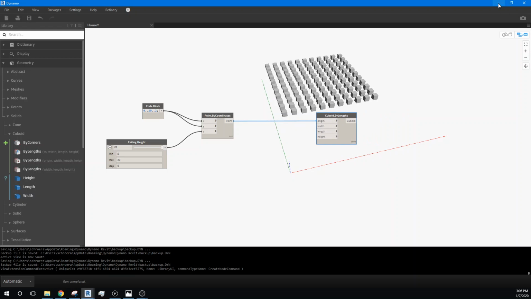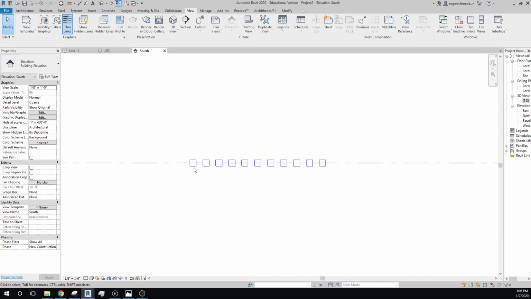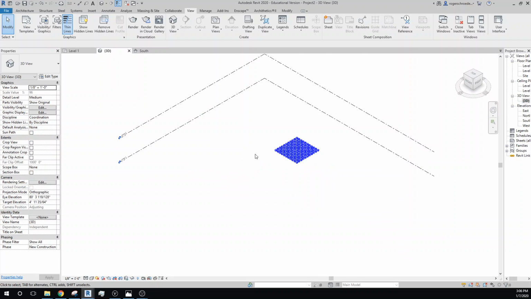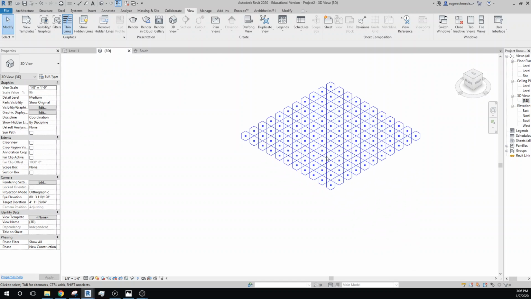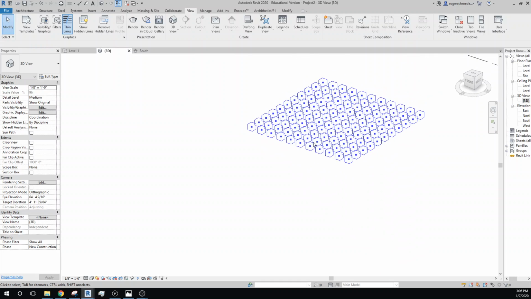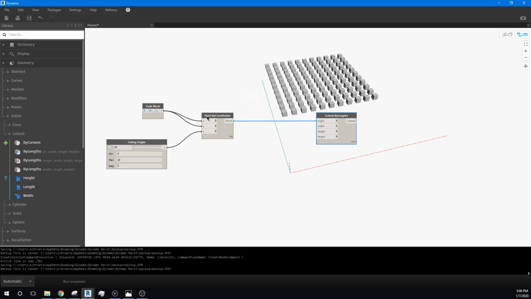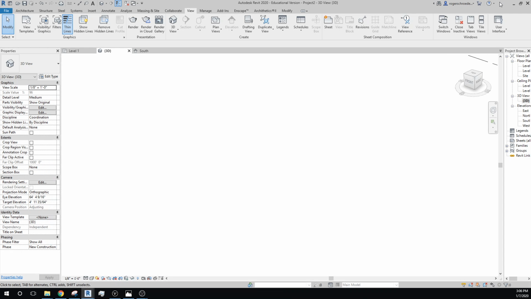So let's go back now and look inside of the Revit environment, and you'll notice we have these blue, and these blue are indicating that they are coming from the Dynamo image that we're linked to in the other file. We can look at this in a 3D view. That's actually a little strange because of the way they're integrated with each other. I have to rotate this a little bit so you can see how they're cubes. And just to give you an idea of visual control, if I want to get rid of the dots that are showing here, I can turn off the points by coordinate, turn the preview off, and I think that will affect what happens back in